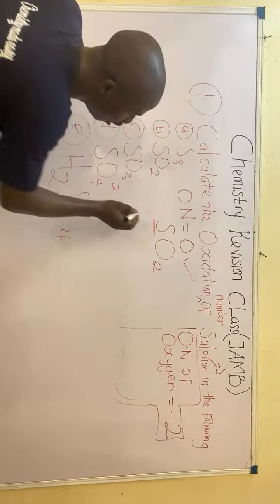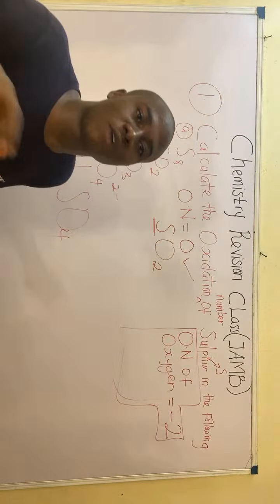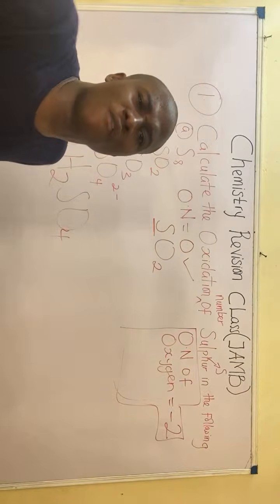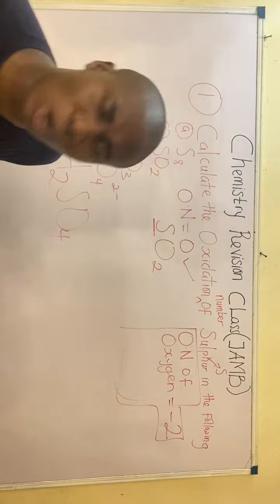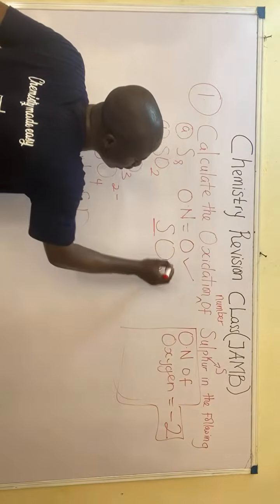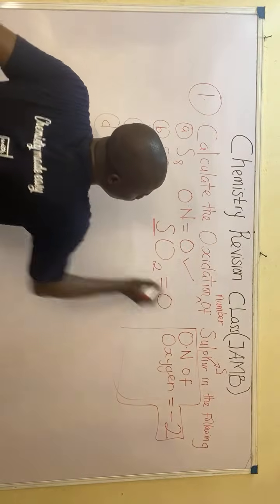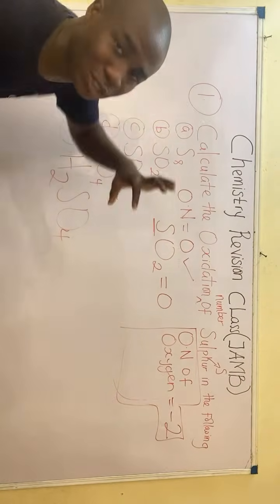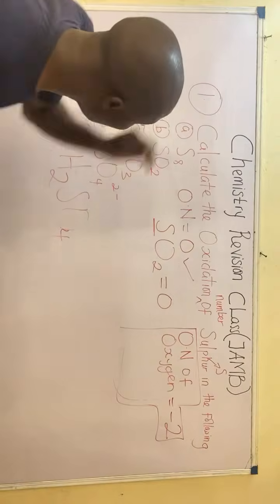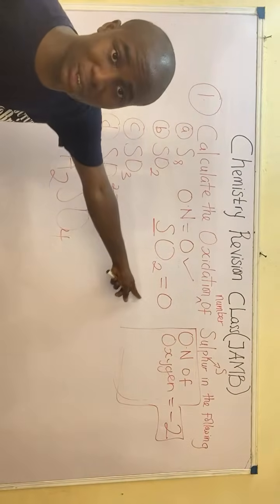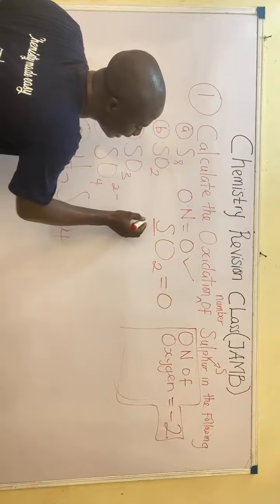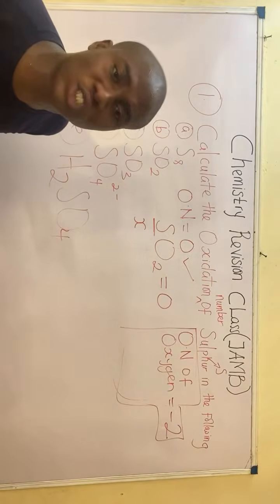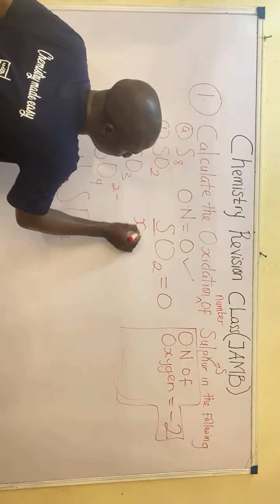Very easy. Watch. Now, it's determined by some set of arbitrary rules. The one I'm looking for, I'll make it X. I'm looking for sulfur, so I'll make it X. But before I do that, I will have to equate everything to 0. That will be the first step. It is quite different from this A part. Please watch out carefully. First, I equate everything to 0, which I've done now. And then I make what I'm looking for X, the oxidation number of sulfur. It's going to be X plus